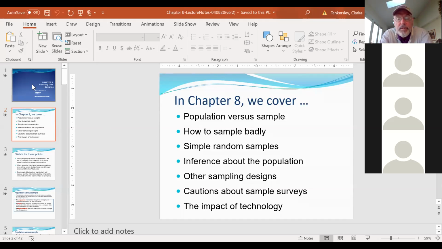Some of the things that could go wrong are sampling bias, which is always an issue, and confounding variables are also part of